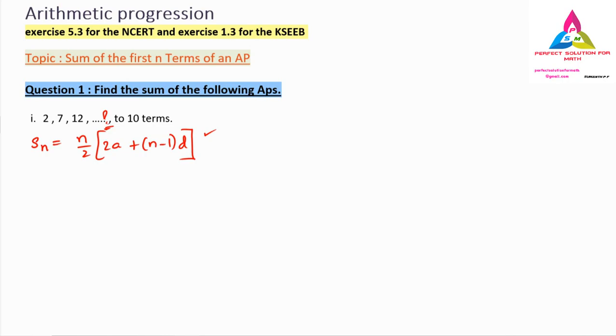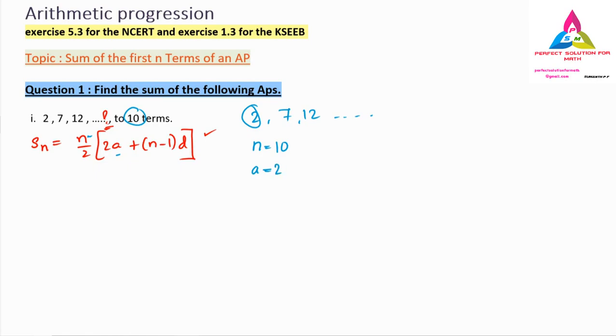So how to do this? What is the given thing we have to understand? The first term is given as 2, 7, 12, and so on. The last term is unknown for us. The Sn means, what is the n value they have told you to find? The n value is nothing but the sum of the first 10 terms, so n is equal to 10. Next, what is the first term? Because we want the a value also. What is the a value? The a value is the first term. The first term over here is 2. So 2 is the a value.